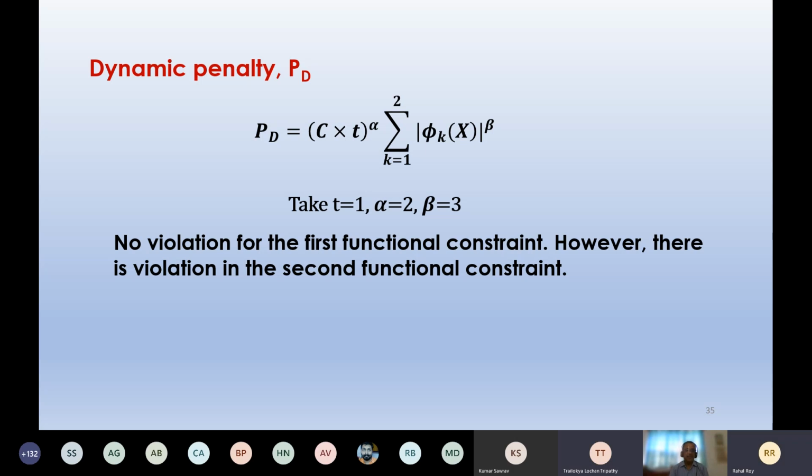Sir, based on that, again, we obtained that the dynamic penalty is much higher than all of the penalties that we had obtained. That means if there is a violation, it is going to give more obstruction to the GA, saying don't come to this particular region. There is a chance that you'll not be getting a feasible solution.